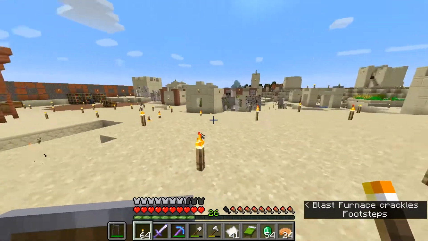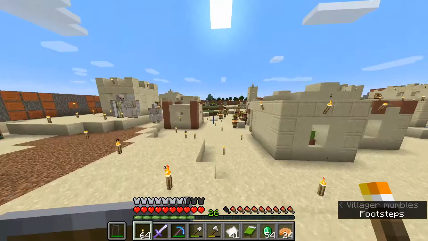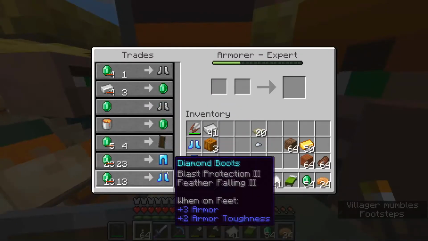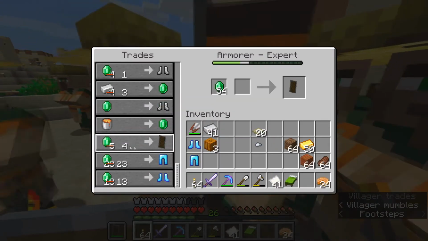We got a little bit of inventory space freed up, and it's actually lunchtime, so these guys have decided to group up in the town square. We can still come over here and trade with this guy. I think it's this one. No, it's actually this guy right here. And we're going to try and level this guy up to a master in order to...